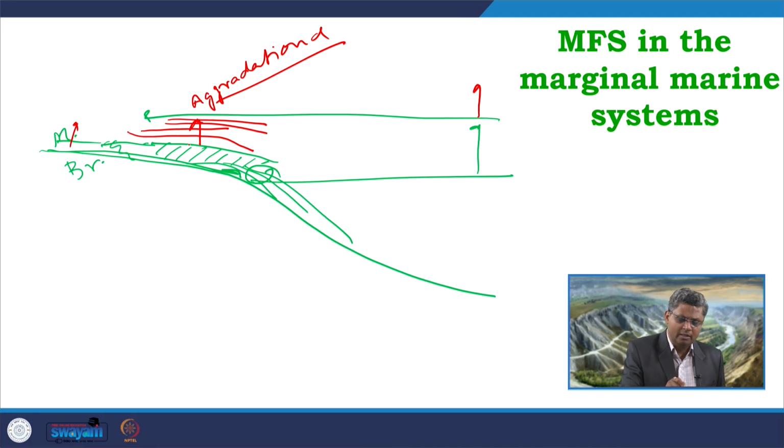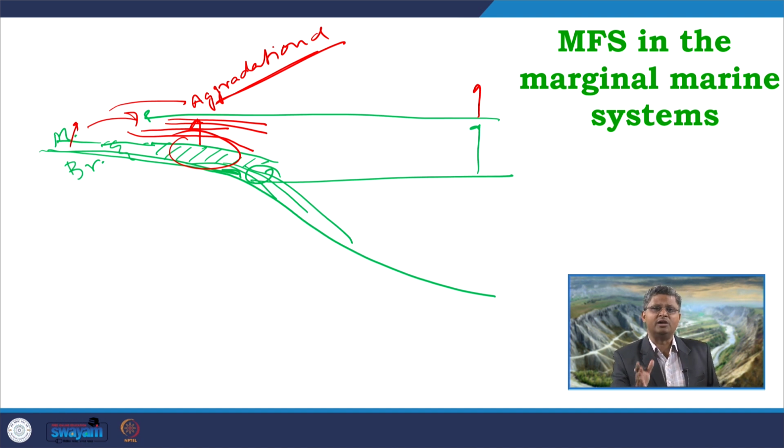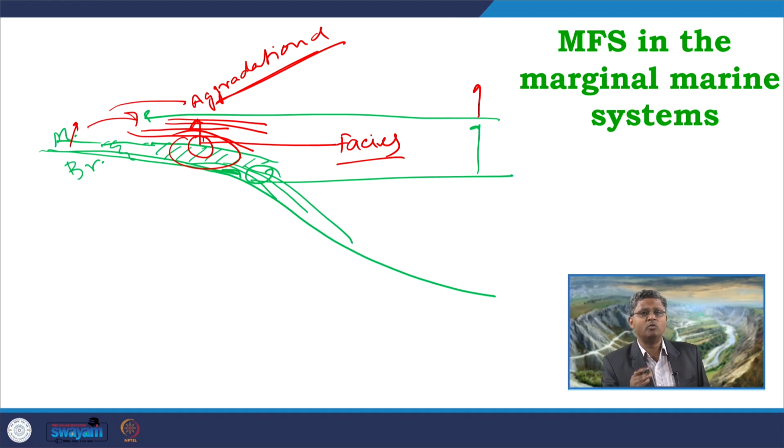So, basically what will happen on these estuarine facies, we expect more fluvial system to come over here. If it is within the estuary system, we know that channels are affected by tidal currents. As this aggradation of the fluvial system goes on as part of the delta plain, the effect of this tidal influence will be gradually decreasing. That will indicate a sharp change in the facies pattern, in the facies architecture across this particular surface, and we can put the boundary over there as the maximum flooding surface.